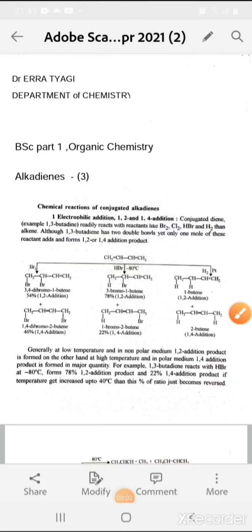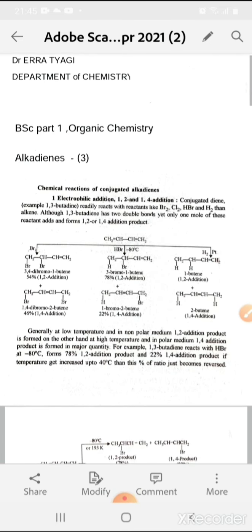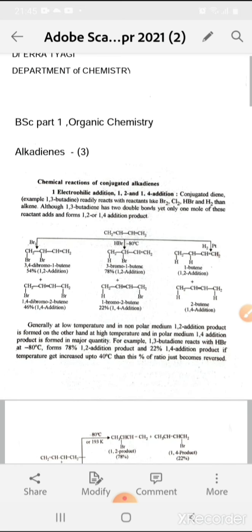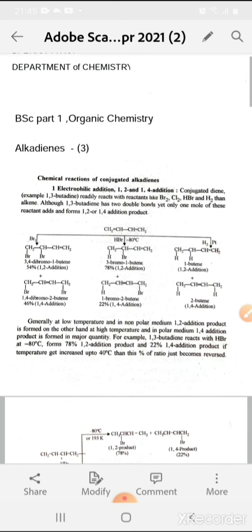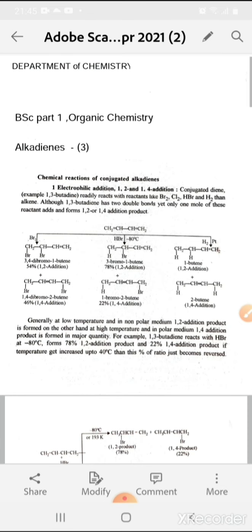In continuation of the last videos on alkadienes of BSc Part 1 Organic Chemistry, in this video we are going to study electrophilic additions, that is 1,2 and 1,4 additions. Conjugated dienes, for example 1,3-butadiene, readily react with reactants like bromine, chlorine, HBr and hydrogen than alkenes. Although 1,3-butadiene has two double bonds, yet only 1 mole of these reactants adds and forms either 1,2 or 1,4